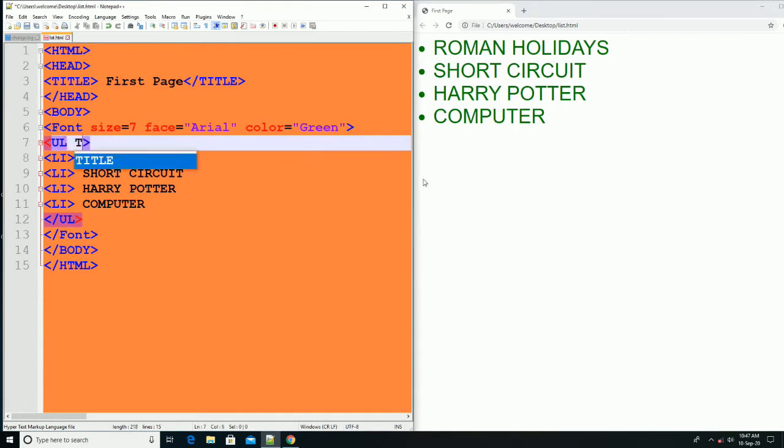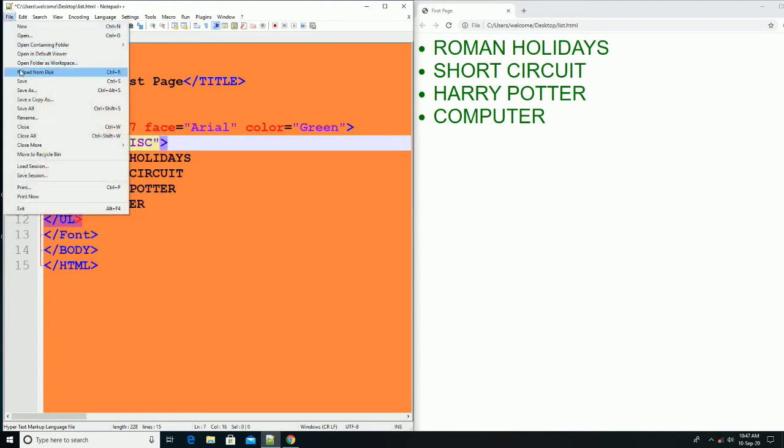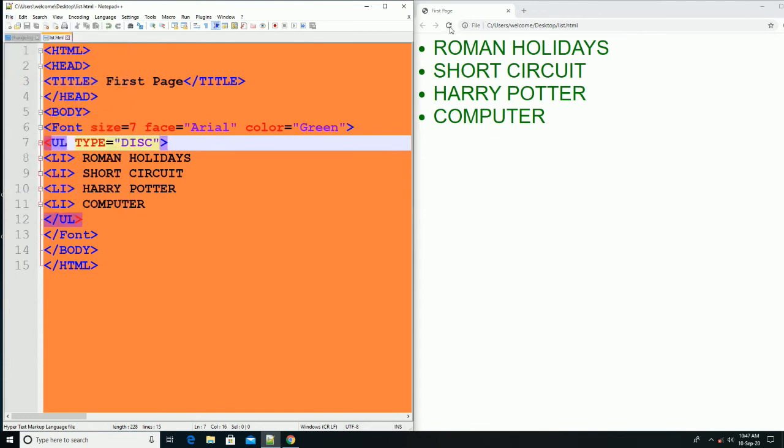Now again in this UL tag, the type attribute is used to display the unordered list in different types. The first one is disk. Here you can see the filled circle, a solid round bullet, for the disk value.